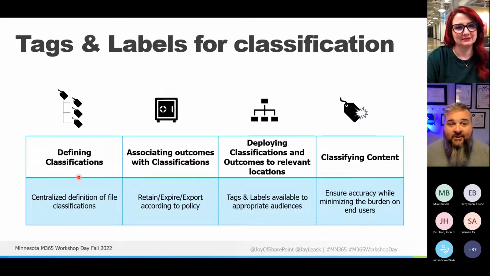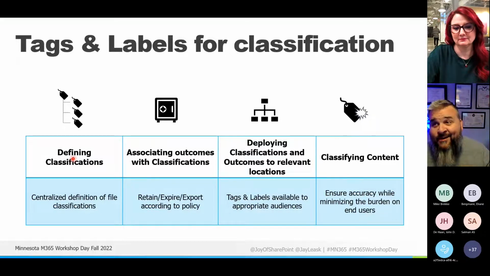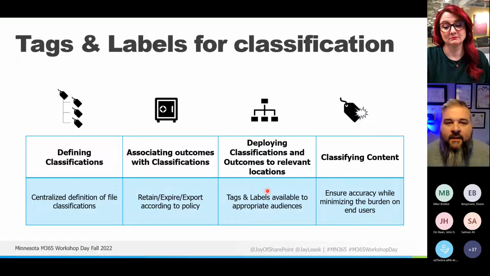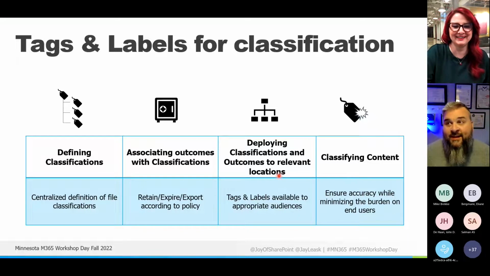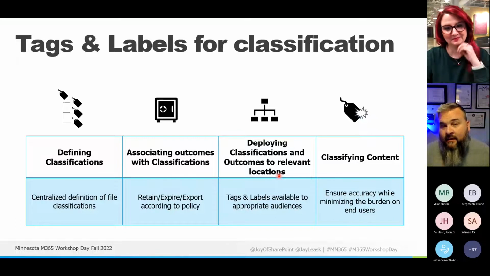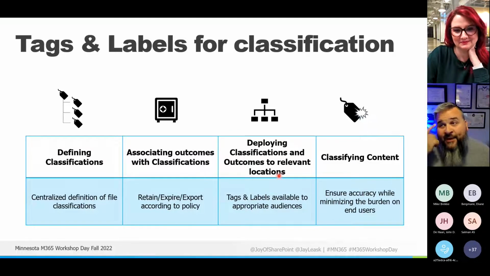So, you've defined your category, your classifications. You've associated outcomes with those classifications as kind of a secondary step of, do I actually need all of those classifications? That's one way to determine if you have too many, right? The next thing you need to do is, how do I make this easier for the user? How do I classify as much as I can programmatically so the user doesn't have to open a drop down of 75 terms and find whatever they're looking for and hope that it is labeled the way they think of things?